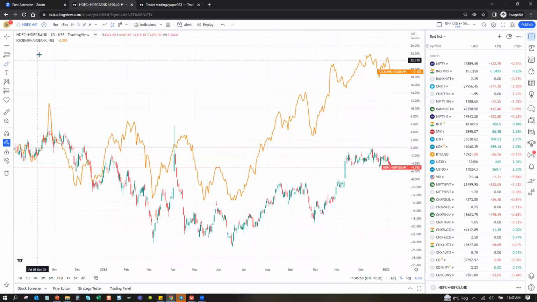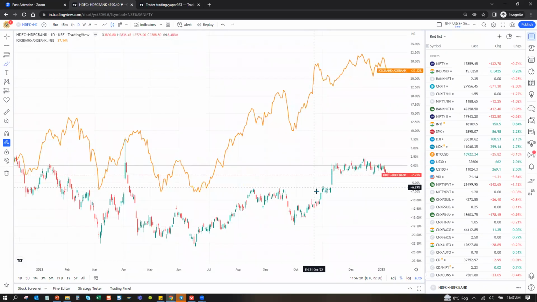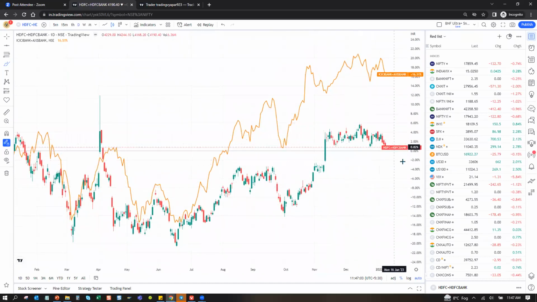You should do this ratio on the spot. Futures have some premium, so that keeps fluctuating based upon demand and supply variables. This is the button for comparison. Now you see ICICI Bank plus Axis Bank has been outperforming the HDFC group.